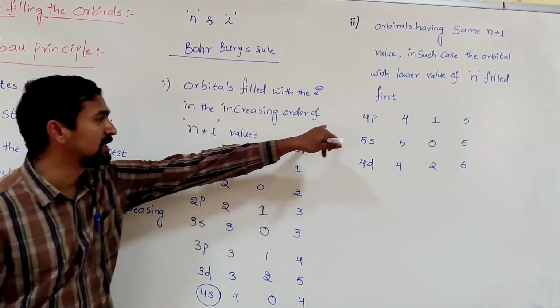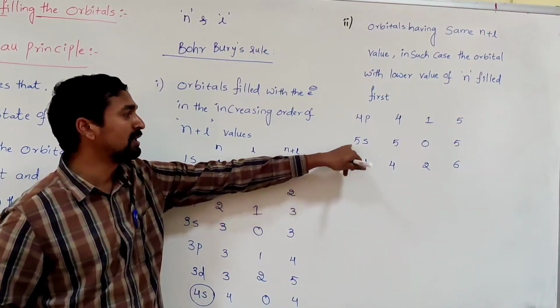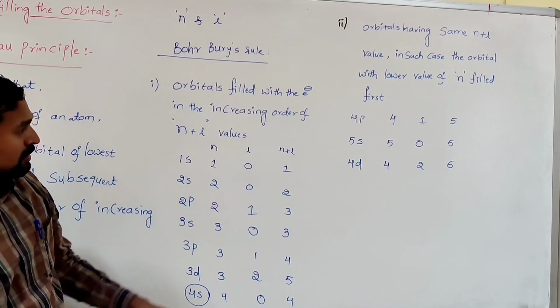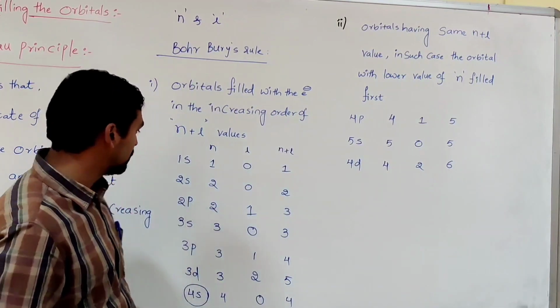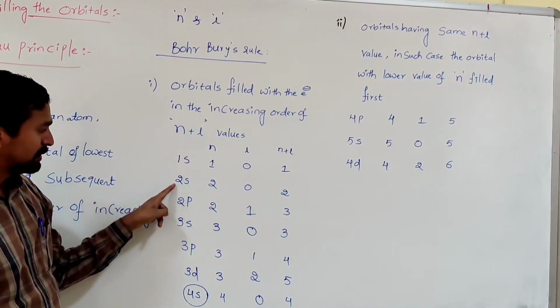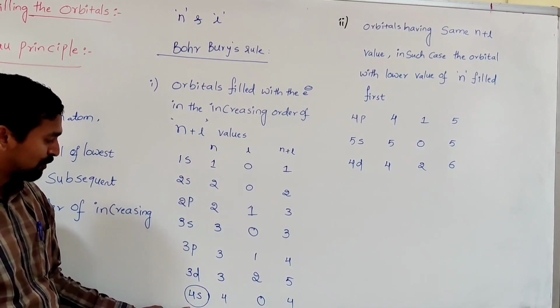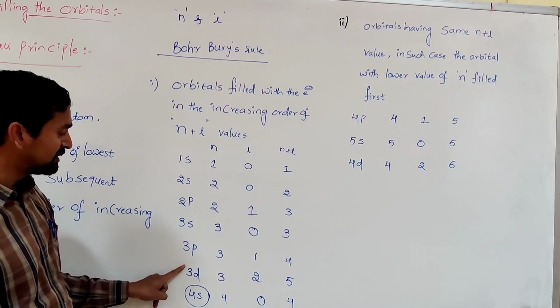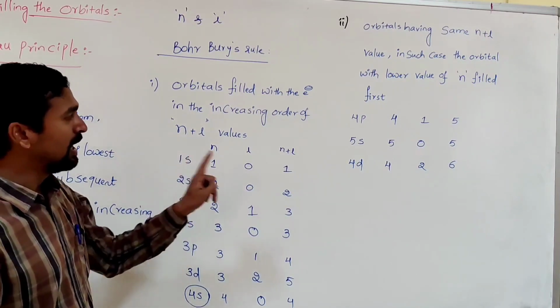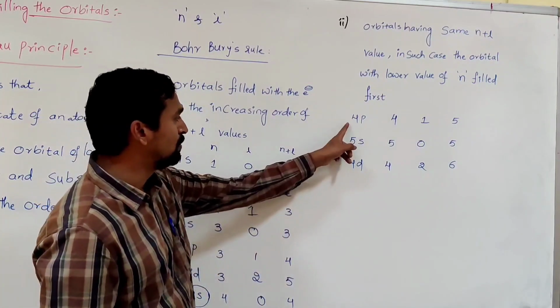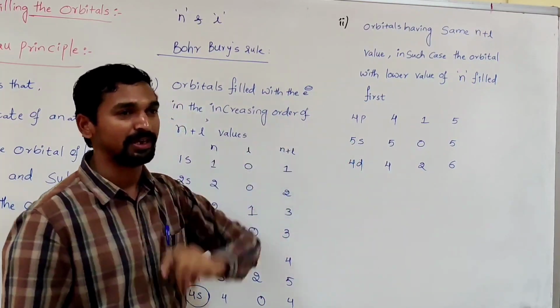After the 4s, what is there next? 4p, then 4d, then 5s, I have written, right? Now, let me compare the energies. So, into which one does the electron go? I fill up first 1s, then 2s, then 2p, then 3s, then 3p, then 4s, then 3d. After 3d, the electron enters which subshell? We have to predict whether 4p or 5s or 4d.